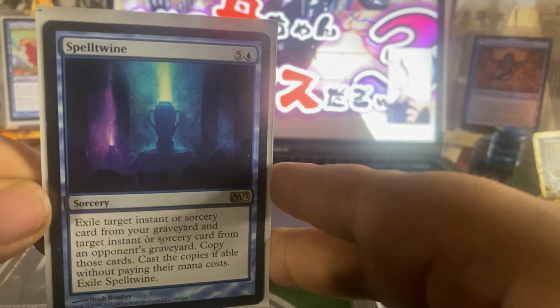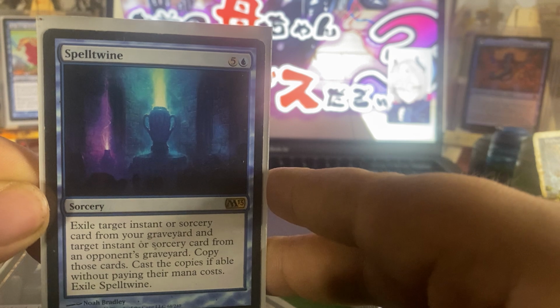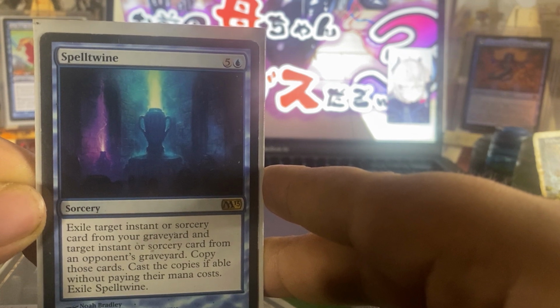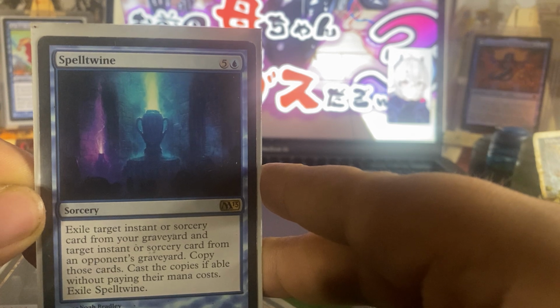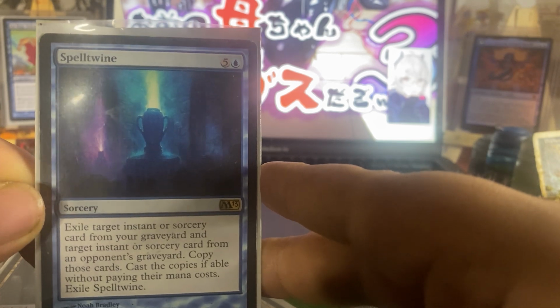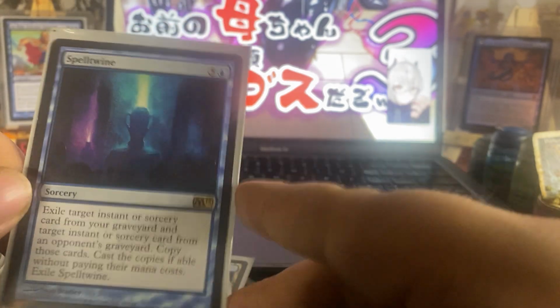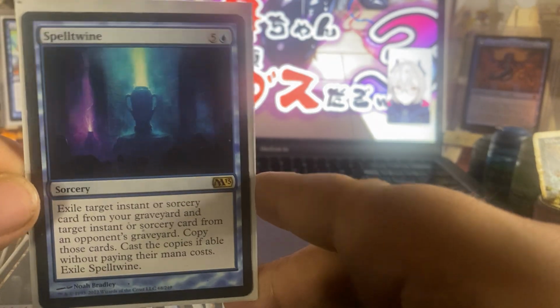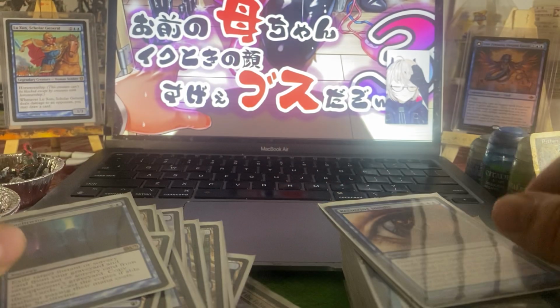Spelltwine for 6. Exile target instant or sorcery card from your graveyard and target instant or sorcery card from an opponent's graveyard. Copy those cards, cast the copies if able without paying their mana costs. Exile Spelltwine. Very useful. Many people have very powerful cards. You want to play your best card and copy it, like